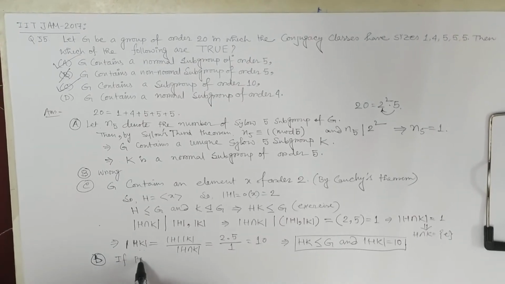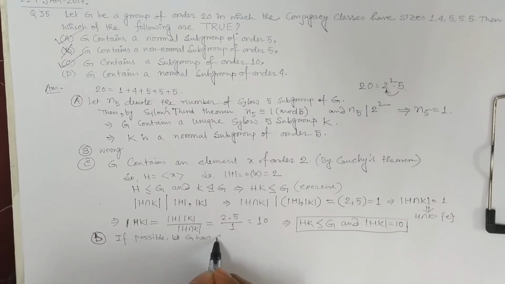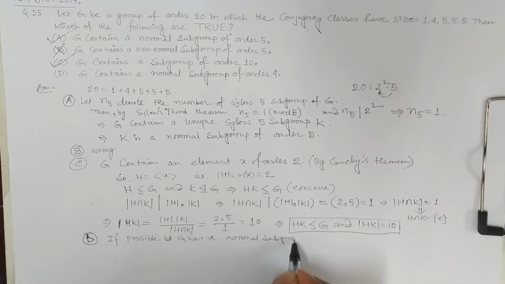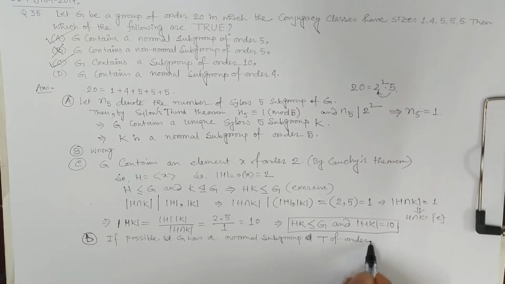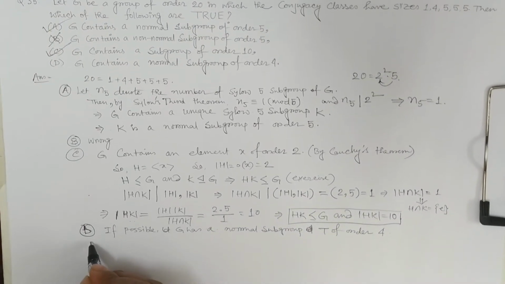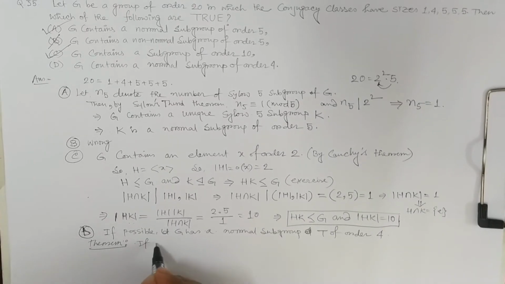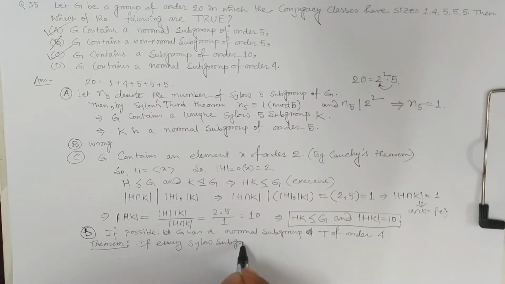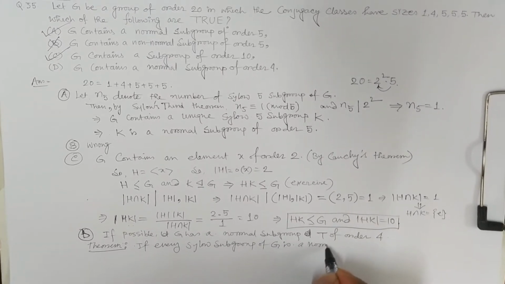If possible, let G have a normal subgroup T of order 4. Now we again have a very important theorem: if every Sylow subgroup of G is a normal subgroup,